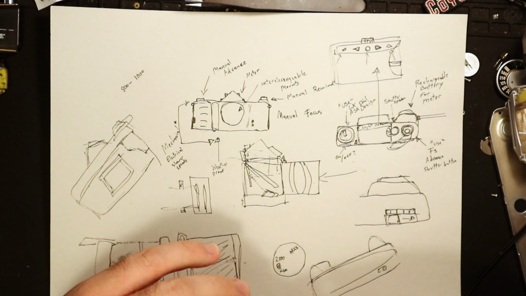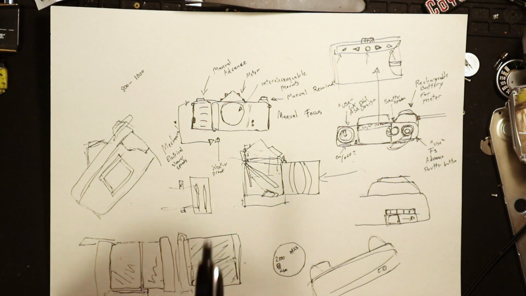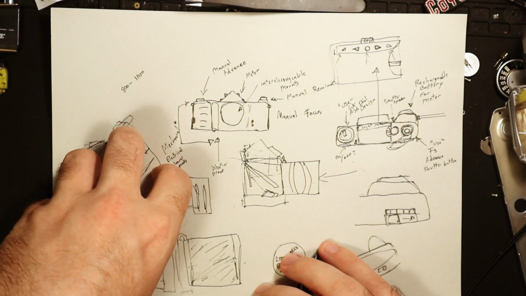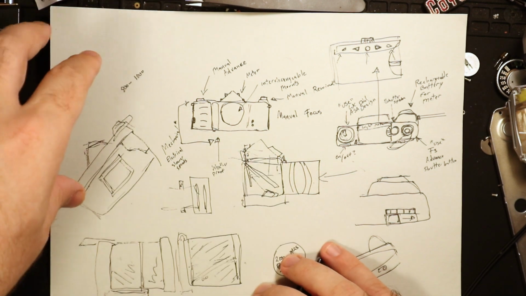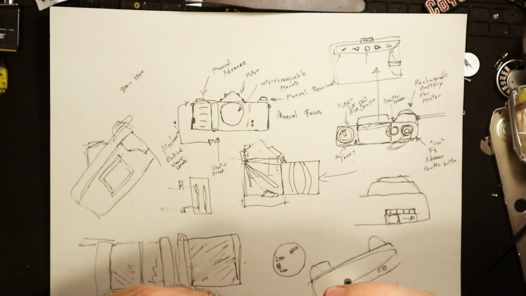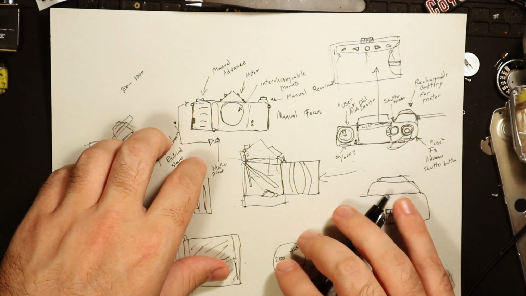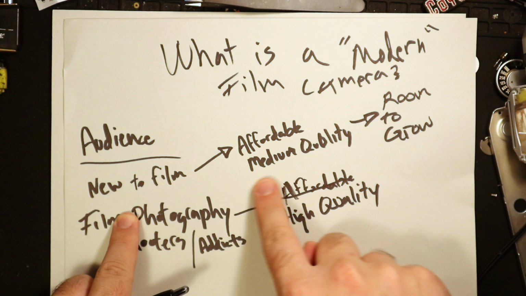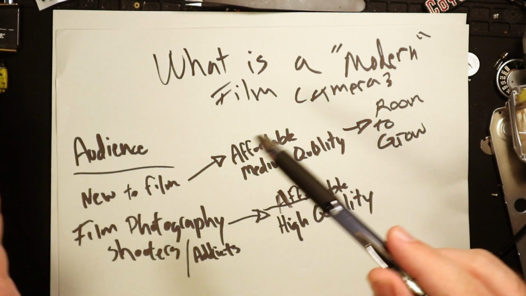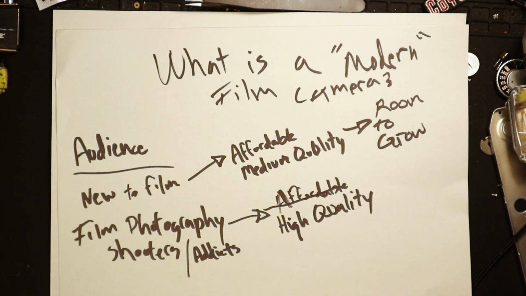So I don't really know ultimately what a modern film camera looks like, but I think in this exercise I've kind of understood why Pentax made the decision they made, Mint Rolly's making the decision that they're making, so many other companies are making the decisions that they're making, which is appealing to this group a little bit more. I think that makes sense, but I think what a lot of these companies need, mostly Pentax, is the